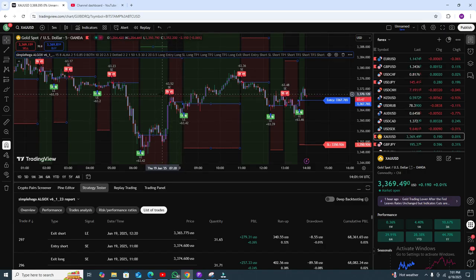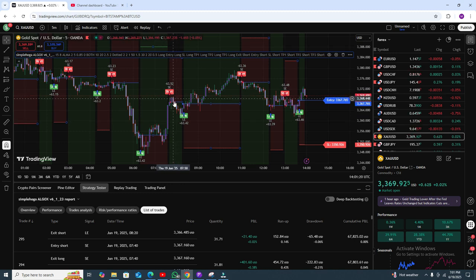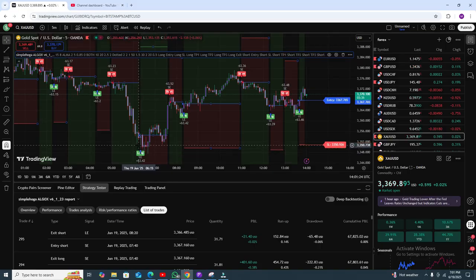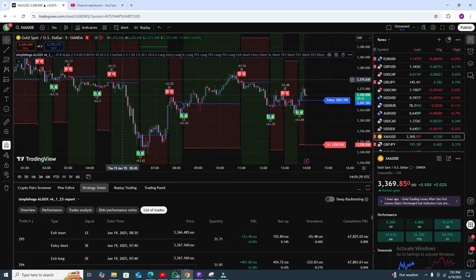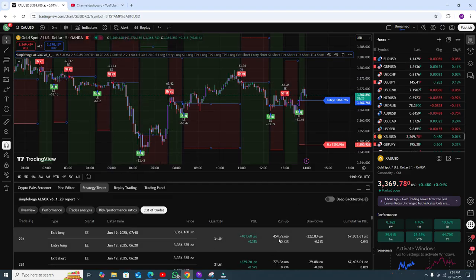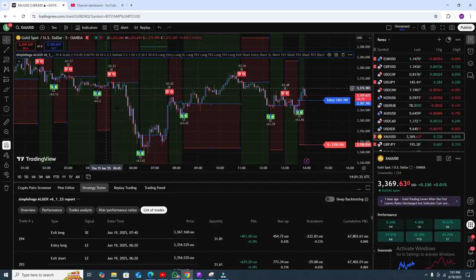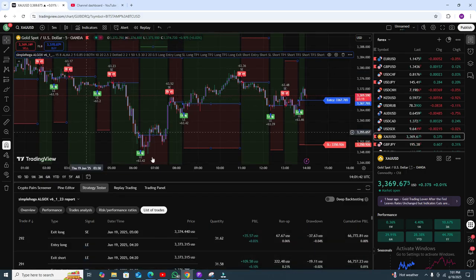Here you can see in both trades. After that, this gives you a small profit, and this trade gives you a very small profit. And on that trade you get some awesome profit, and here you can see these results, and the previous results are also very good. This trade gives you a very small profit, and this also gives a very small profit. Here you can see all the trades, there is no issue.